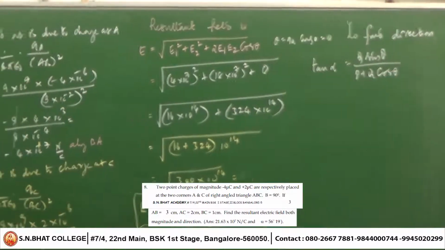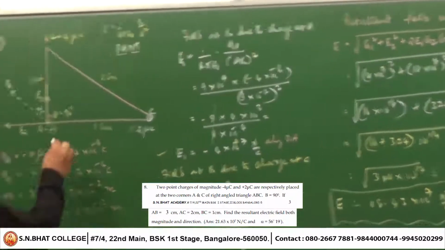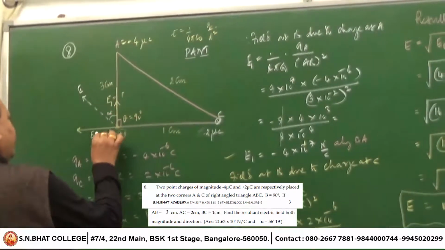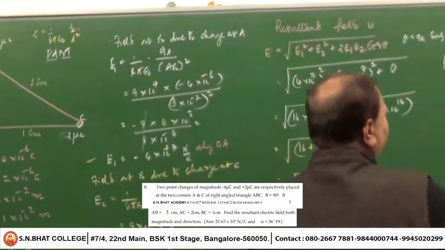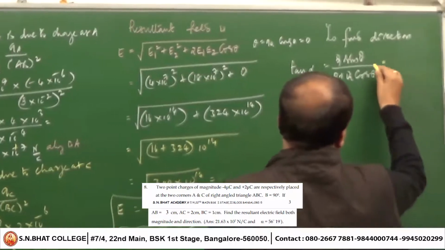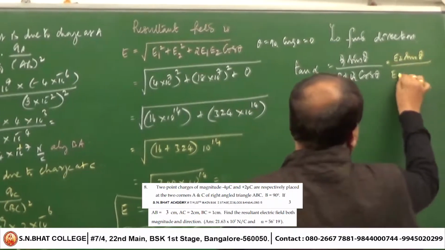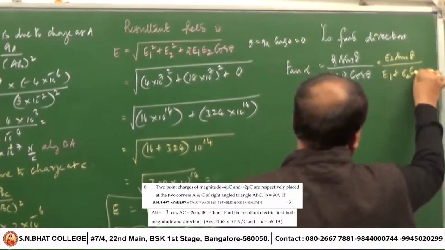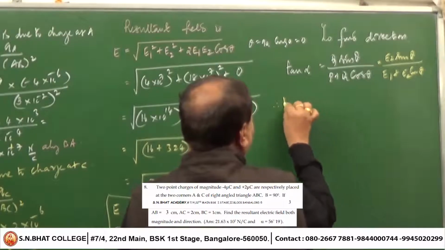Here, p and q: this you take as p, this you take as q. Therefore I am applying this, and this is equal to E2 sin theta divided by E1 plus E2 cos theta. Therefore your tan alpha is equal to,